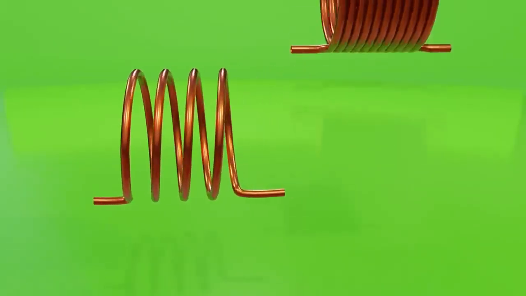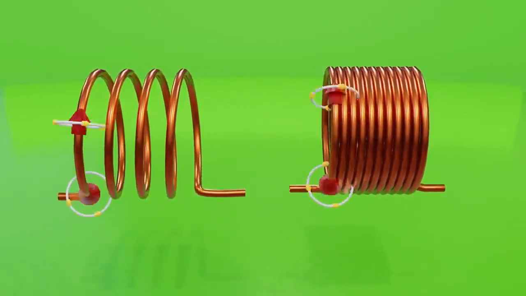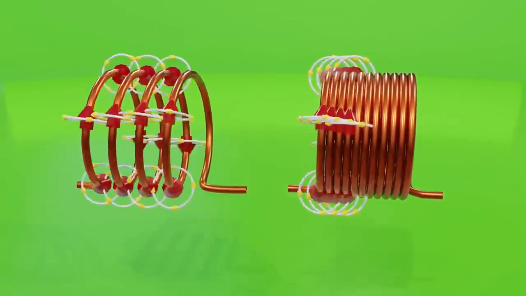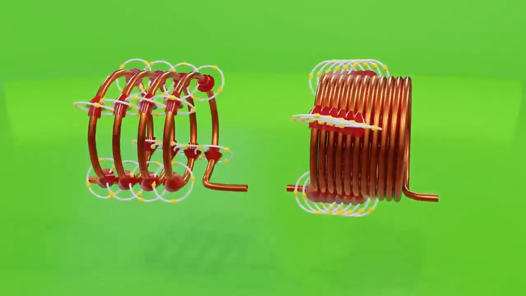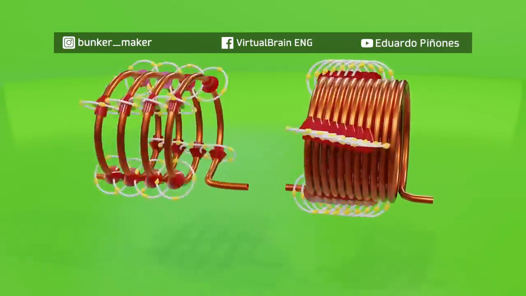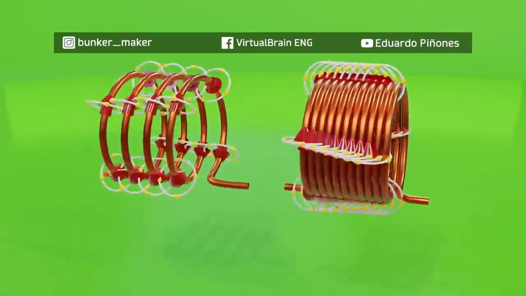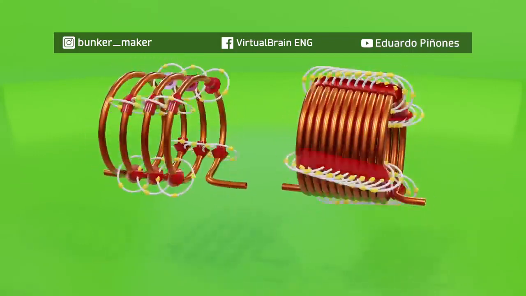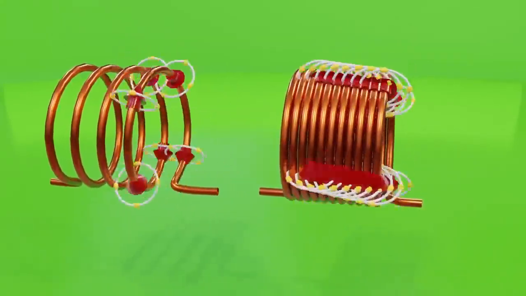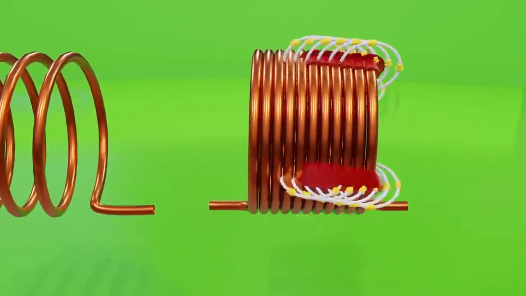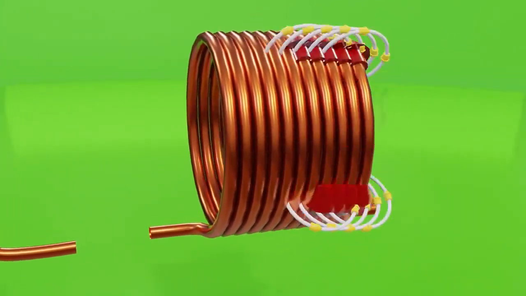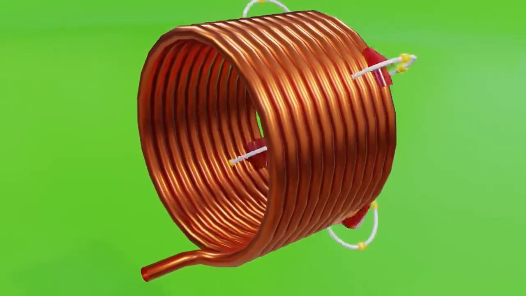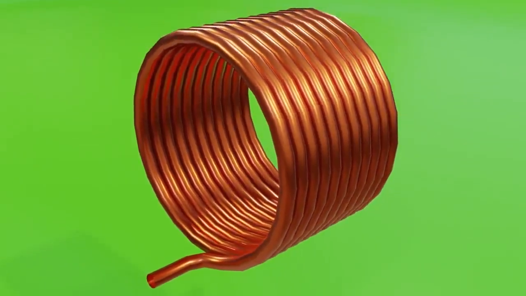The first and perhaps the easiest to understand is the number of turns that the wire will make, because in each turn the current that passes is generating a small magnetic field, and the more turns we have, the more of these magnetic fields we will be adding to our total magnetic field, with which we will obtain a greater inductance. It should be noted that obviously this wire must be coated in such a way that the only possible path for the current is a spiral. If the wire were not coated, the current would seek the shortest possible path, and the magnetic field would never